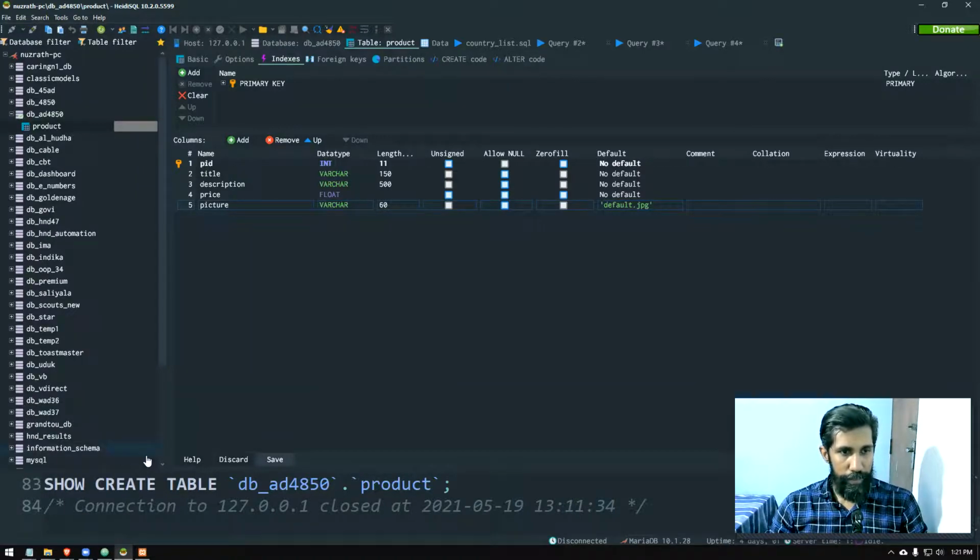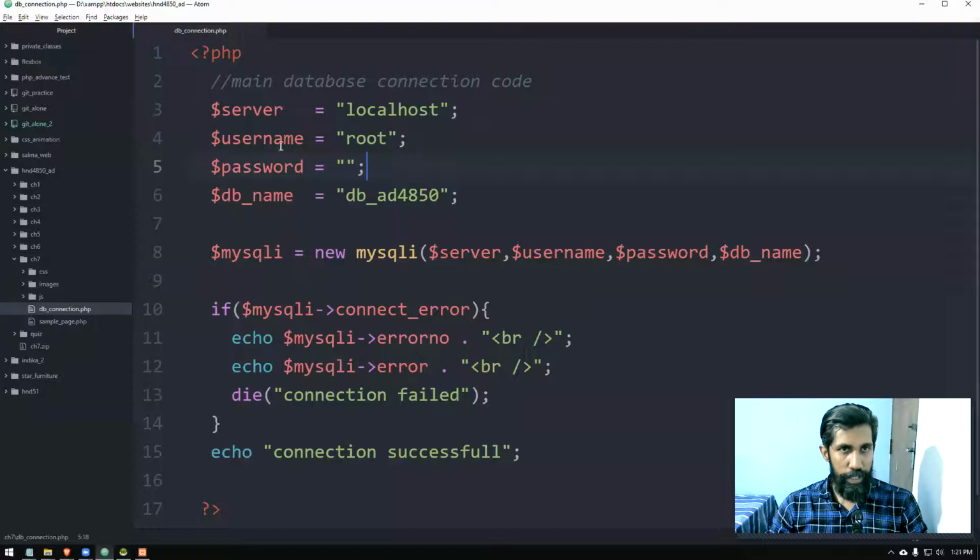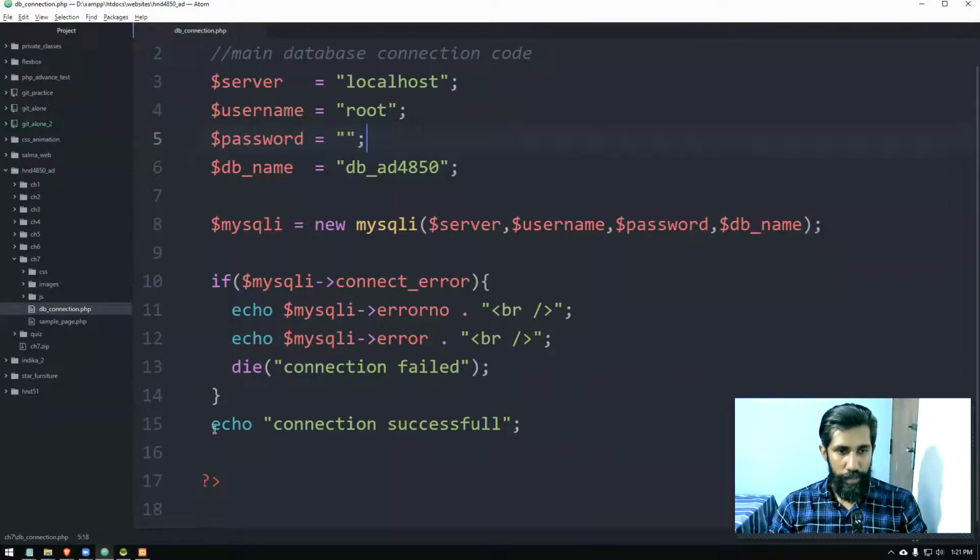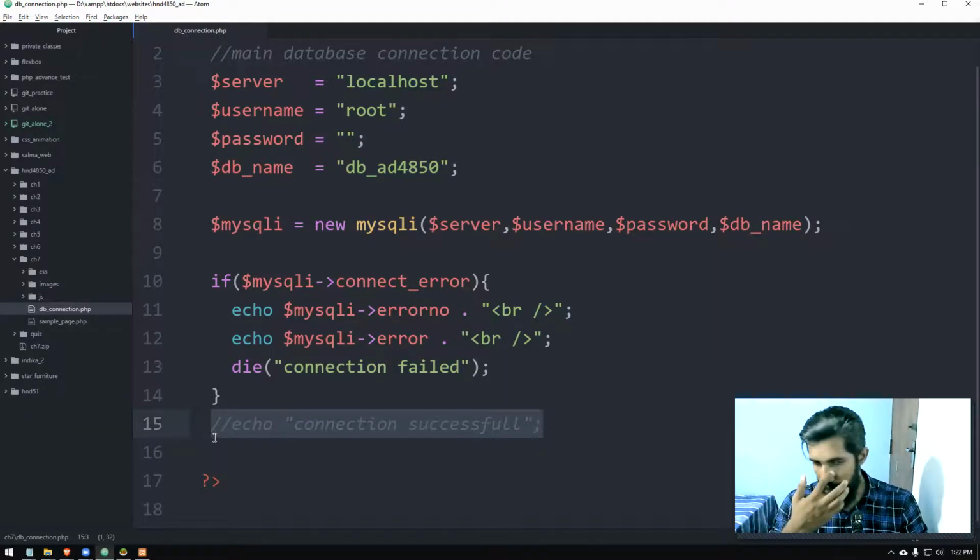Now we have built this connection and we have tested it and it's working really fine. We no longer need this command. So I'm going to comment it out. You can also do it, because this is just for troubleshooting or debugging purposes. I just added that code to see whether it is working or not. Each time you get connected to a database, you don't have to display that message.